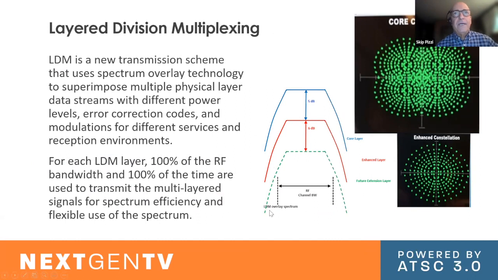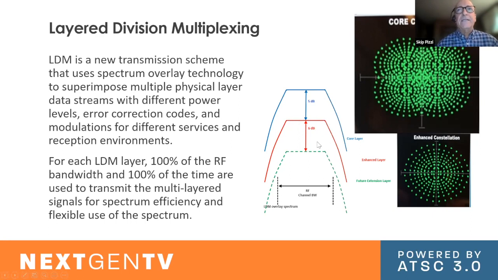That's pretty much all the ATSC-3 equipment can handle this mode, where you would put two layers rather than using a TDM approach like we use today for multicast. You use it across the entire spectrum at once with the entire 6 megahertz channel at once, where you have